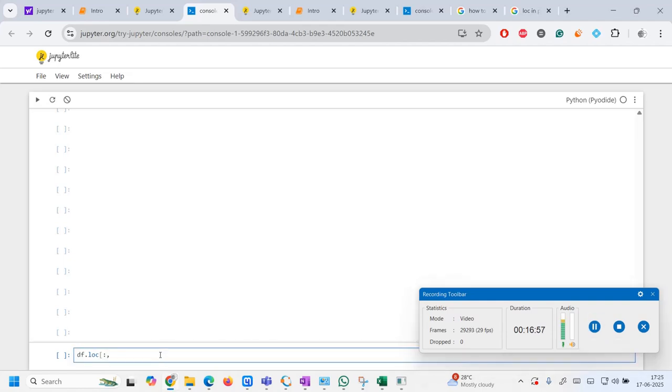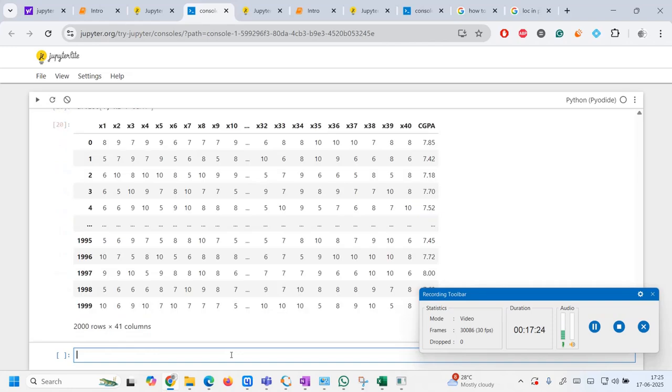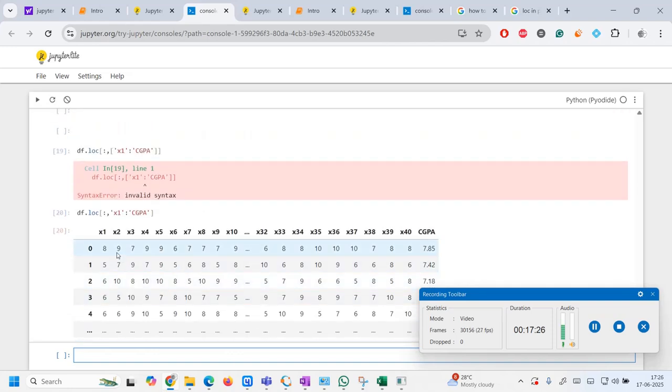So we will start one more square bracket. Then we want to extract all the columns from x1, then you see this colon, and till CGPA. Then close this square bracket. Just wait, there is some error. Oh, sorry, we don't need to include one more square bracket here. It's like this. Okay, now see, I repeat, we have written df.loc, meaning location identifier, and the first entry